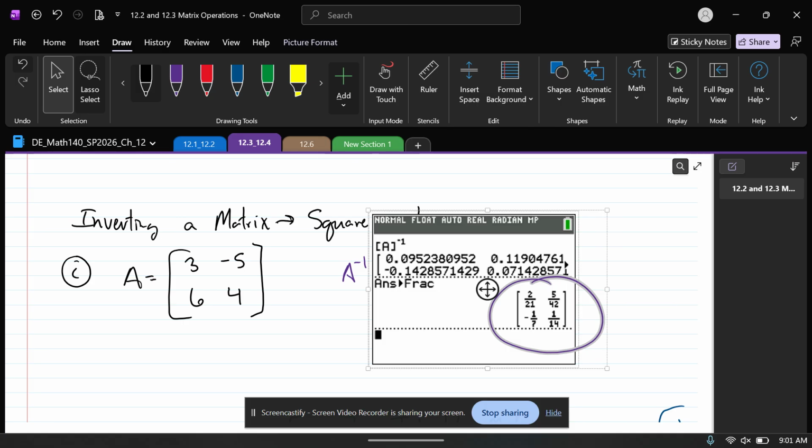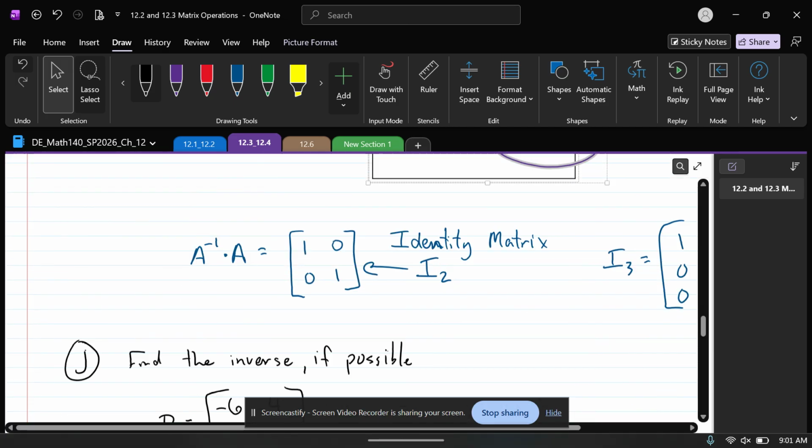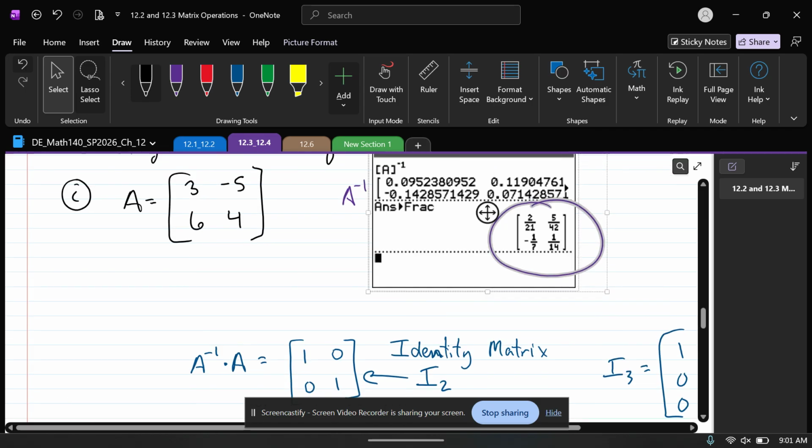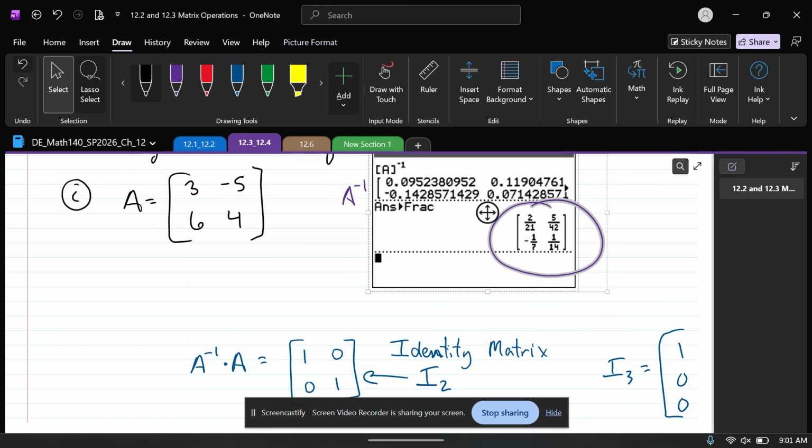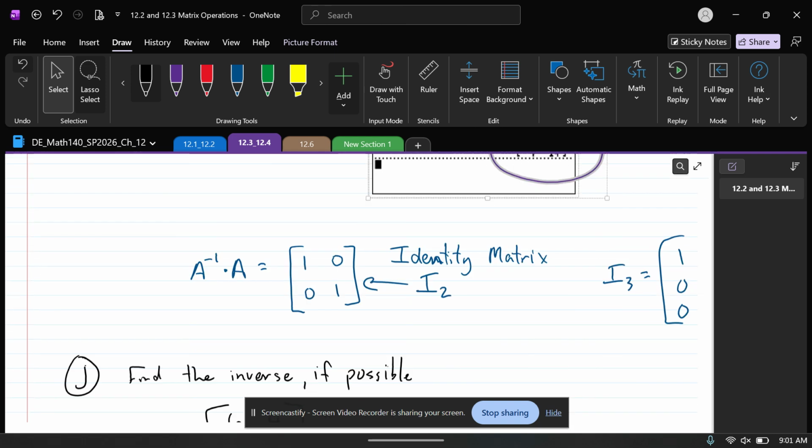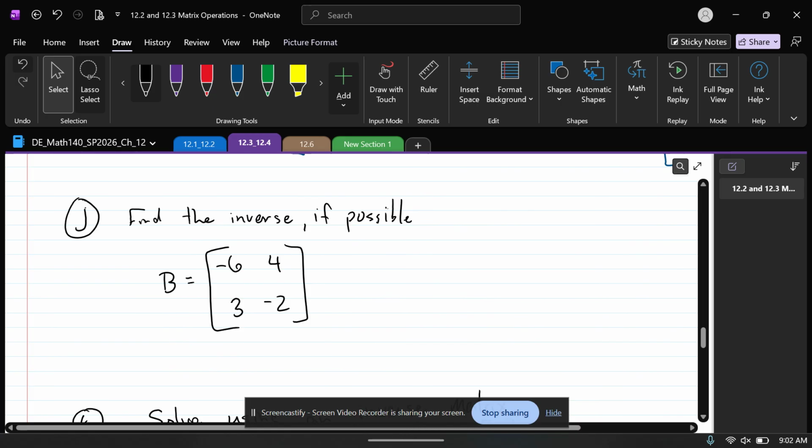Now, we can use an inverse matrix to solve a system, but I actually usually don't do that. I'll usually just use the RREF version to solve a system. Okay, so on the inverses, remember what I said earlier about the determinant. If the determinant is 0, you can't find the inverse. So on like this problem, the determinant of B,